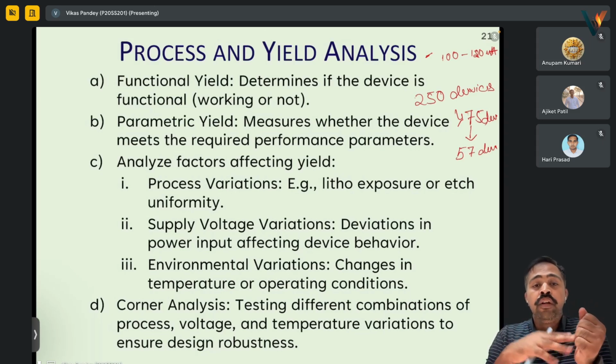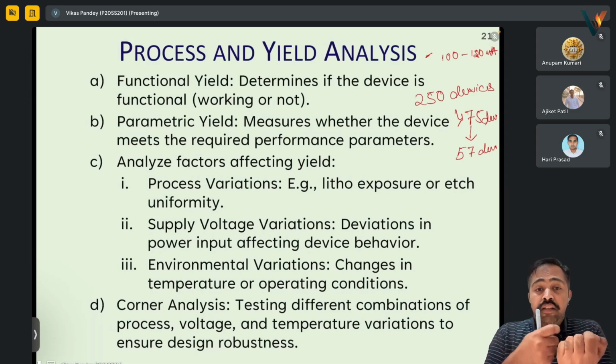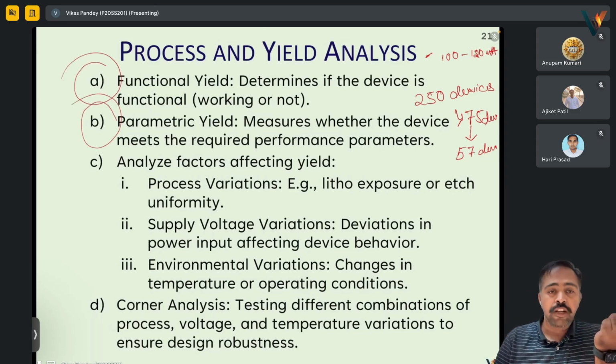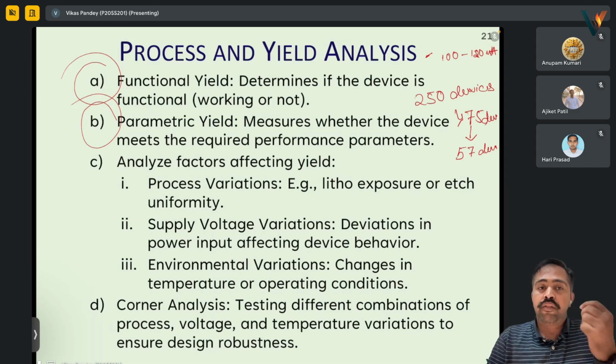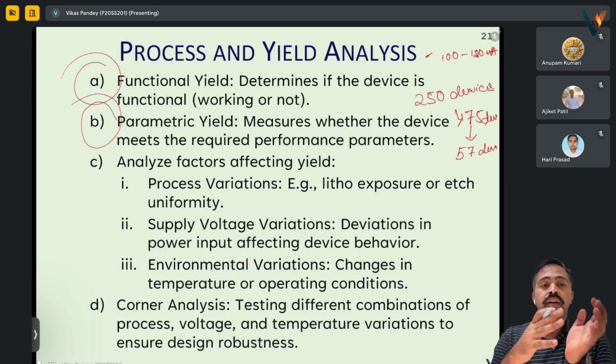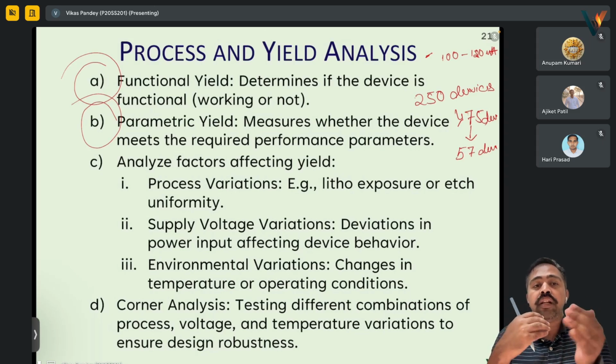Okay, so what will be the factors that will affect this functional and parametric yield? Both are important. First is functional yield, that is working or not. That is one most important. Then parametric yield. Lower the error, we will get functional and parametric yield as